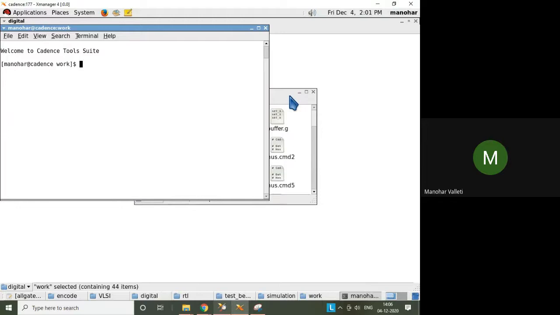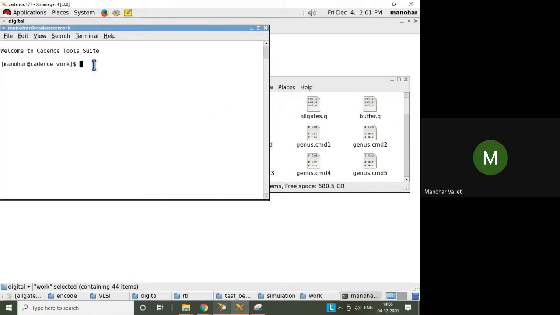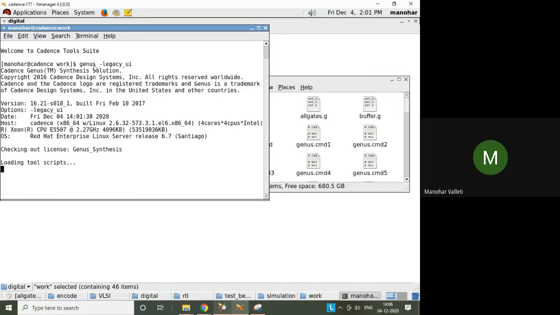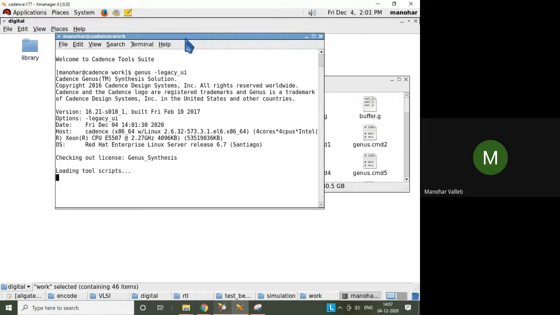So now we need to do the synthesis of your design. For that synthesis we'll use the Genus tool. Genus tool is loading.